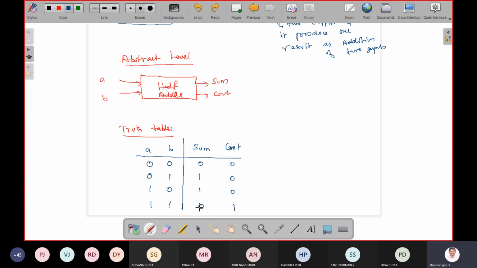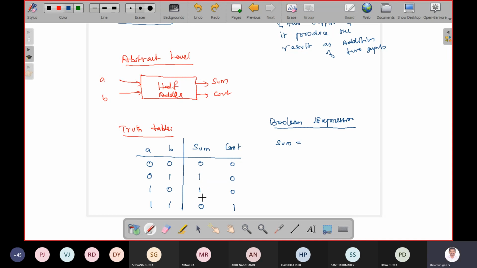Once you know the truth table, you know how to get the Boolean expression. To get it, either you use Boolean formulas, or K-map, or if your design is very small and you know the truth table, you can directly write the expression from it.